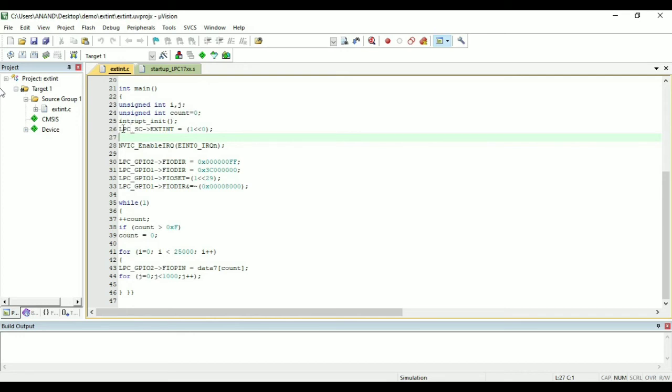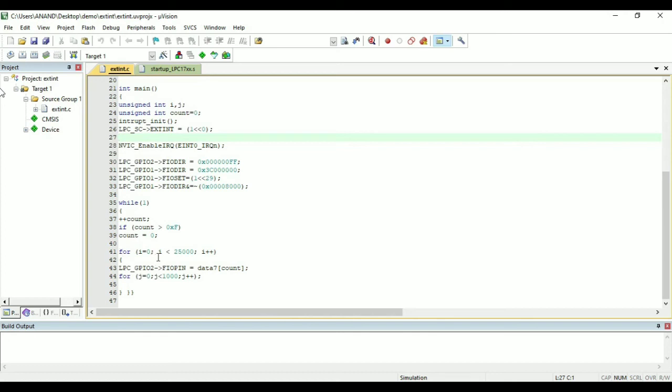Then we enable NVIC, that is nested vectored interrupt controller, through this function. Then we are configuring IO pins of 7 segment display over here. Then we have while(1), that is always count is incremented by 1, and if this count is greater than F, then the count will be initialized back to 0.